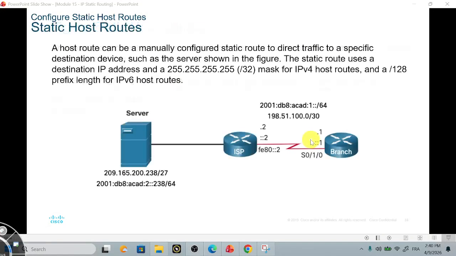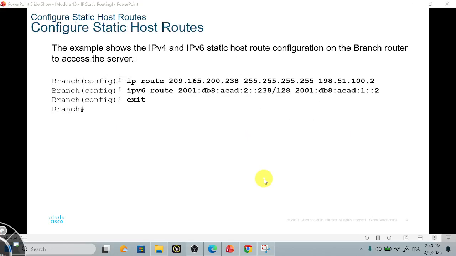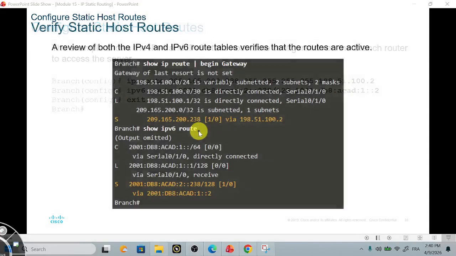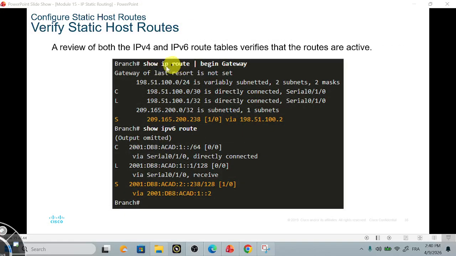Let's check it. Okay, that's correct. Here's the address 1, and this is 2. And we exit. So if we check the routing table at the branch router